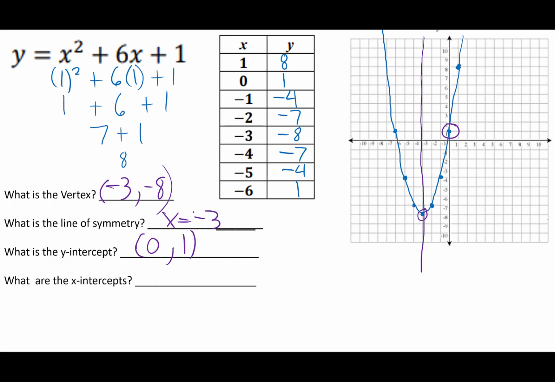Now looking at my x-intercepts right here and right here. They're not on the line nice and neat, are they? So we can't specifically pick those out. So we need another method of finding those zeros if we were looking for them. Okay, so